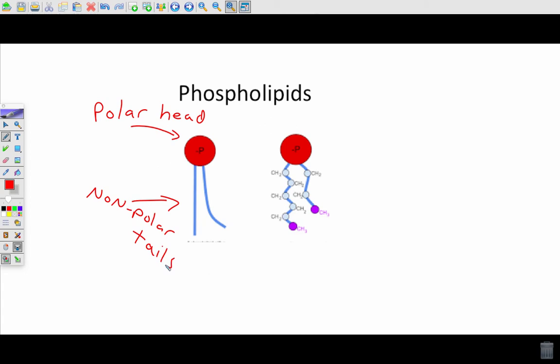The head's polar. What other molecule did we talk about that was polar? Water. Water is polar. So the head will be attracted to water, and the tails will not be attracted to